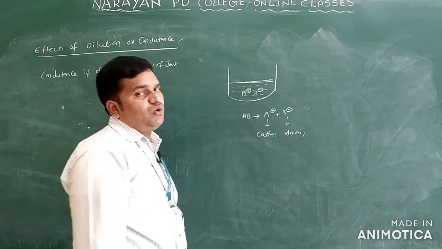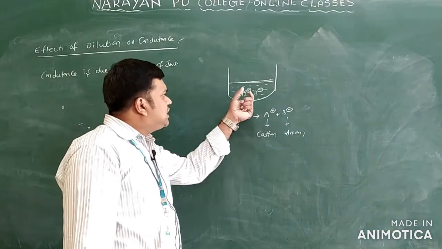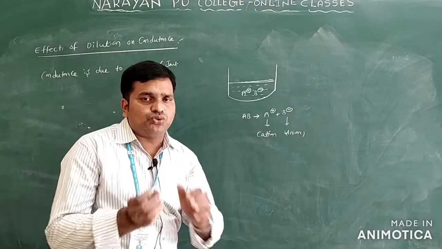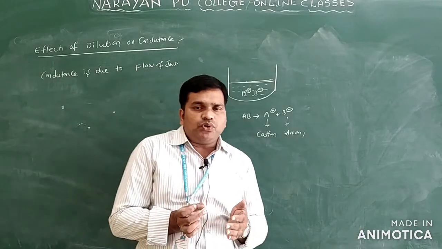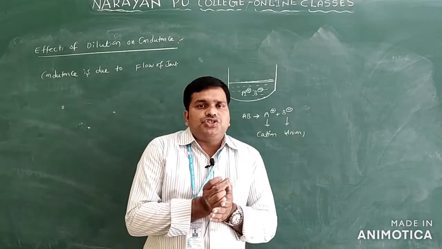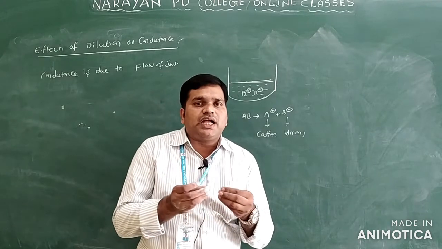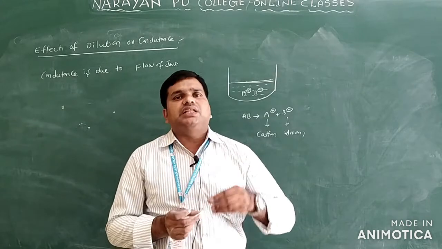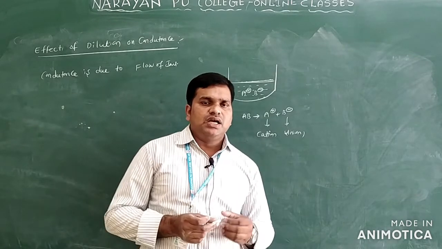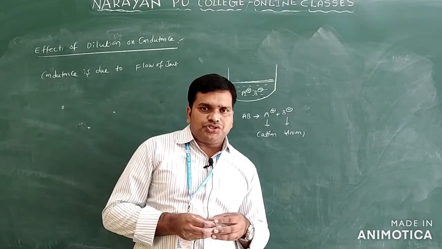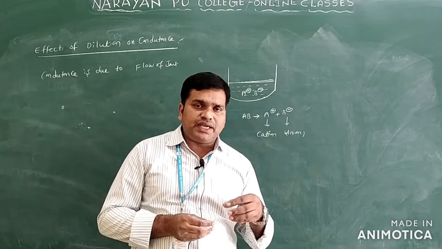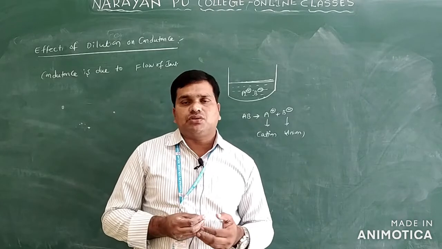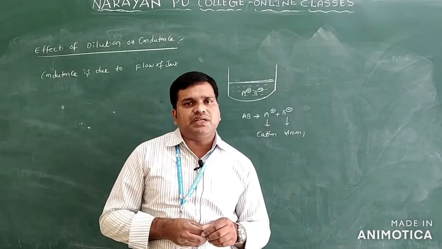Okay, generally we can observe here in this solution, A plus ions and B minus ions are very close to each other. When the two oppositely charged species are very close to each other, then what happens? There are more attractive forces. The ions cannot move freely in the solution only. Because if A and B are very close to each other, because of the attractive forces, the A plus and B minus ions cannot freely move in the solution because the distance is very less only.